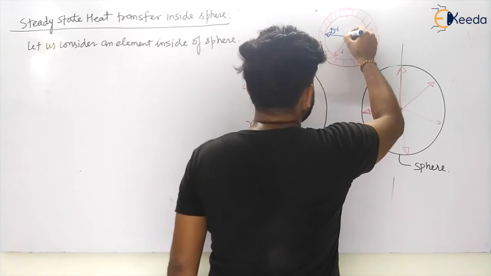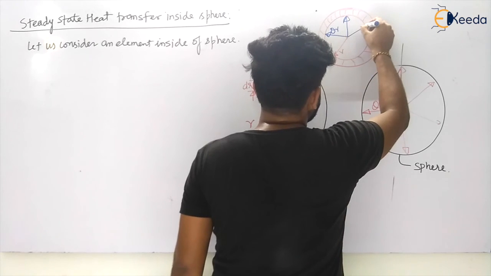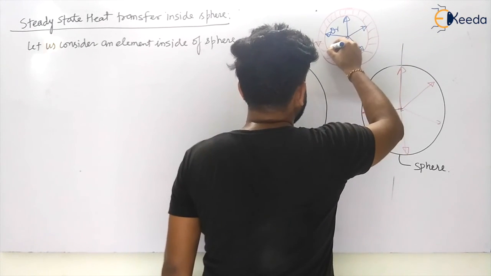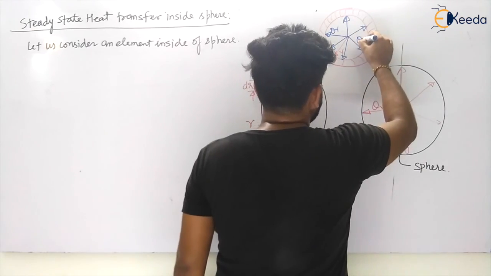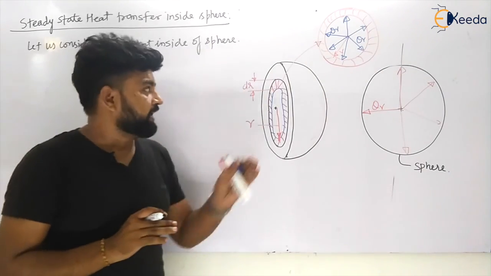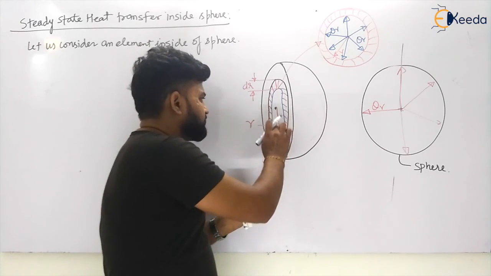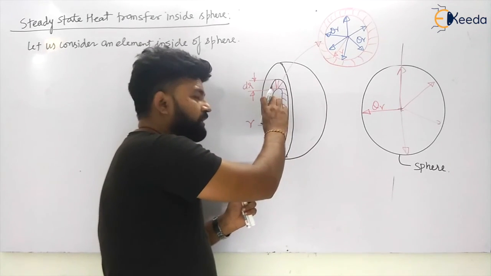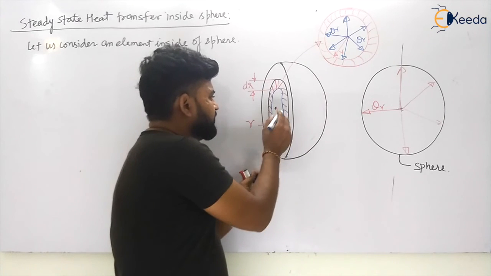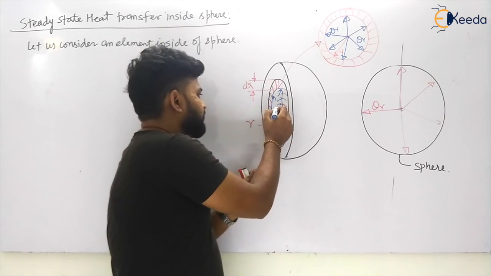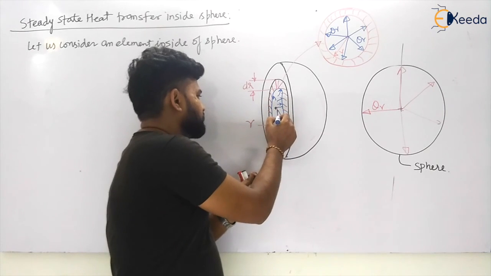In radial direction, there will be heat transfer, my dear students, in all directions, like this. From the center radially, there is conduction of heat, that is QR, and that is coming from the inside surface. Inside, there is some material filled in this, and some heat is coming outward, going like this, from the center in all directions, my dear students.